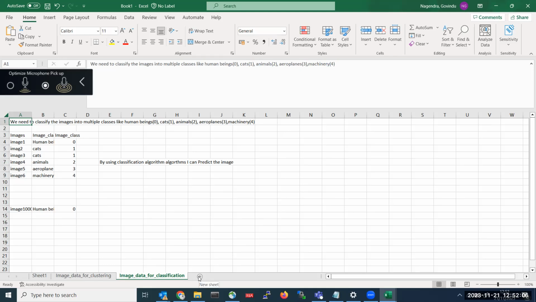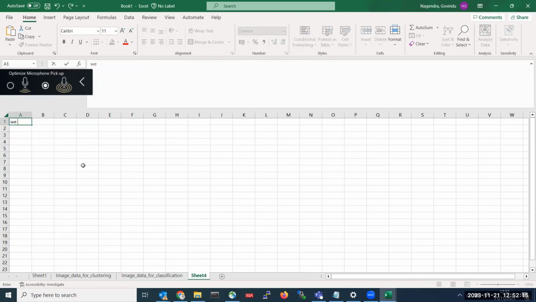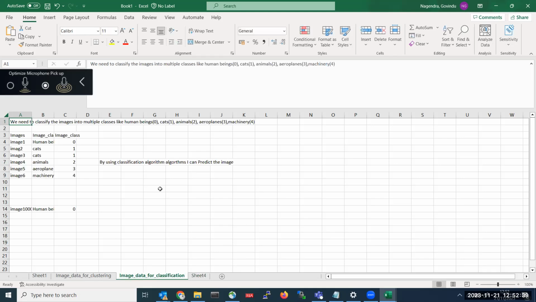So in regression, let us frame the problem statement. We need to predict how many times, same whatever the thing we do have,